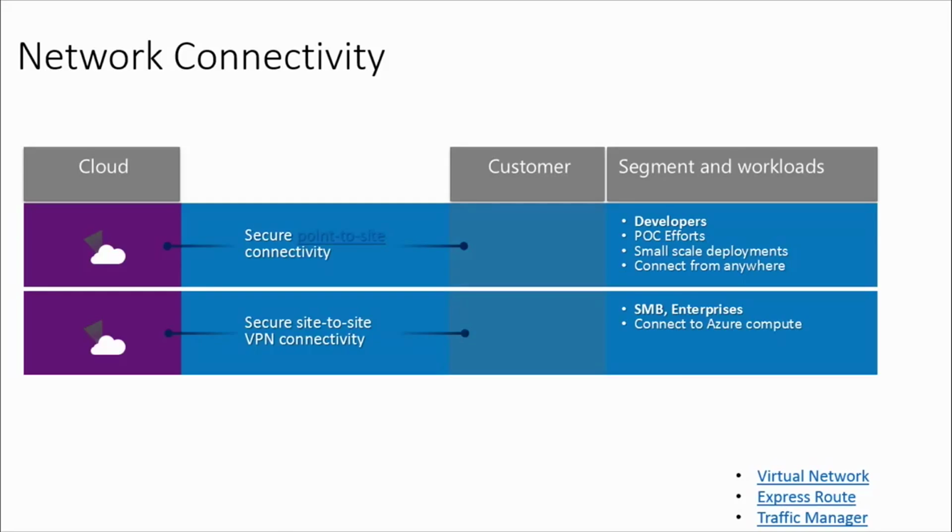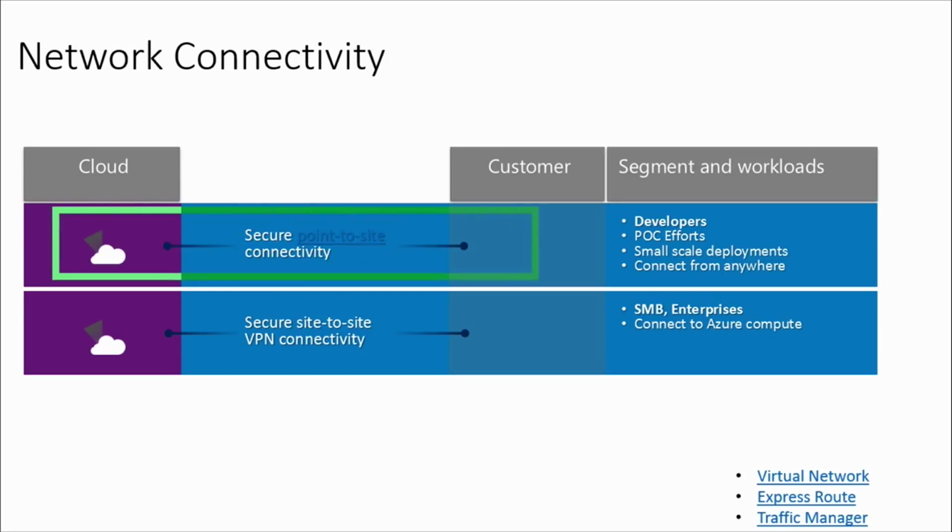But the whole idea here is to think about how we get that connectivity from our on-premises network to the network up in Azure. So in the picture that we have here, we're going to look at the two basic options of how we connect. And first of all, we're going to talk about, where am I, there we go. It was kind of a blue, I couldn't see that.